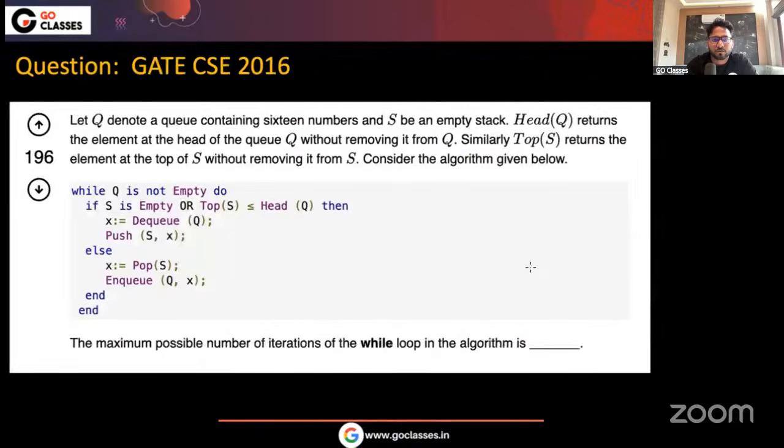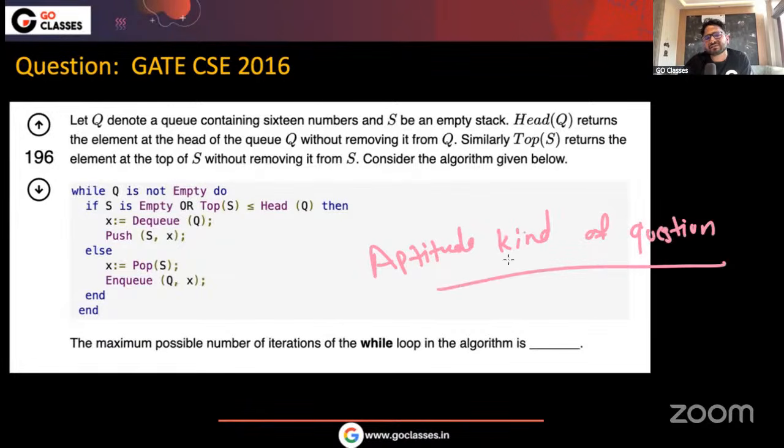Now let's see this question which they have asked in GATE. This is very interesting, and since this question has got 196 support, it means that this question is quite tough. Again, let me tell you, these all are aptitude kind of questions. There is no concept of a stack or a queue that you have to use here. It is just an aptitude kind of question. Most of the students might not be able to solve this question in the exam because it is actually tough. But anyway, let's see what they're asking, right?